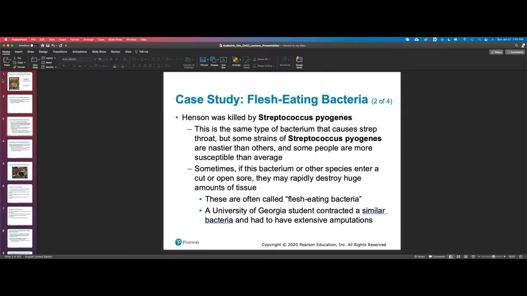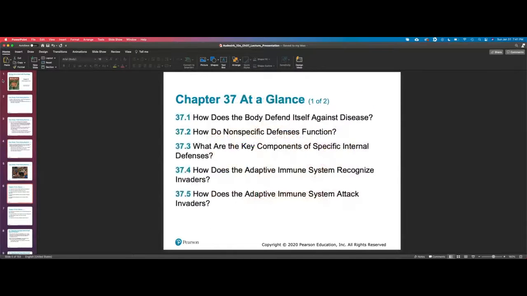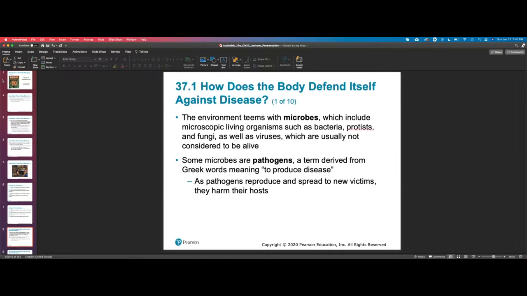So I did want to specify that there are differences between the kinds of toxins, proteins, and enzymes that the bacteria produce: endotoxin versus exotoxin. Ultimately, the question is how does the body defend itself from infection? And what does it defend itself against?